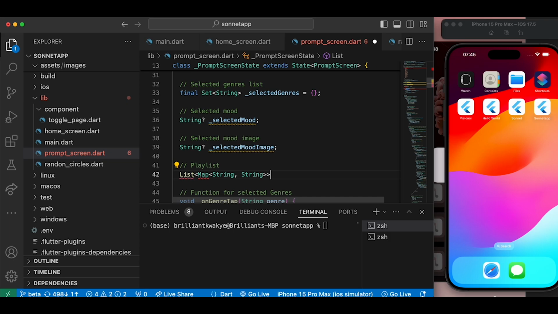Then we close it, then we'll give the name. So the name is playlist. So we've created our playlist. That's good. We can now continue and create our